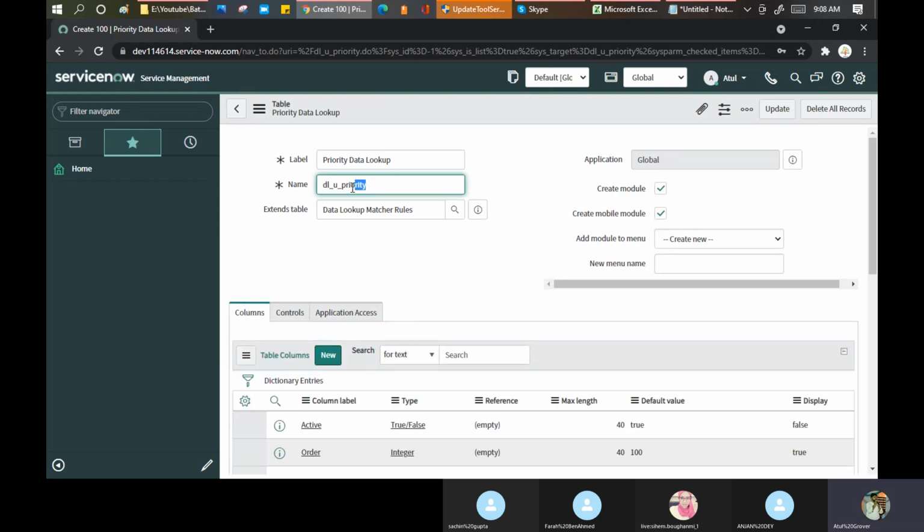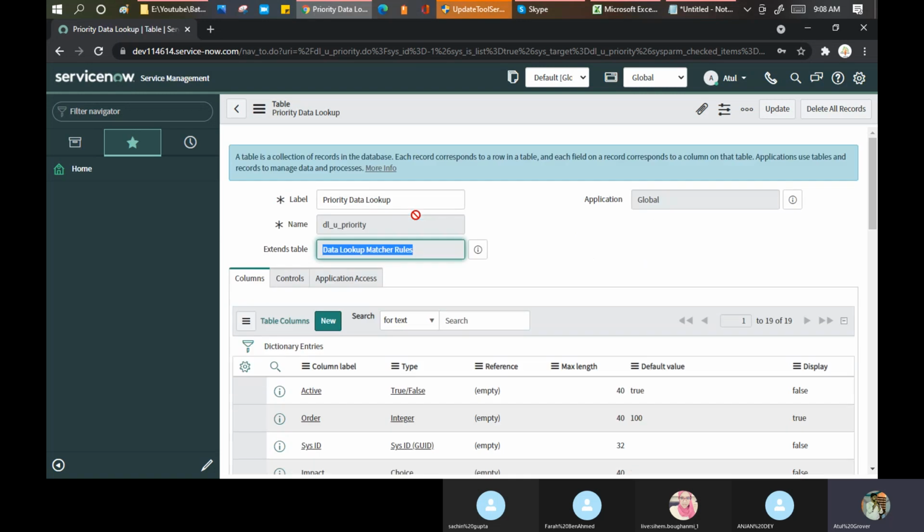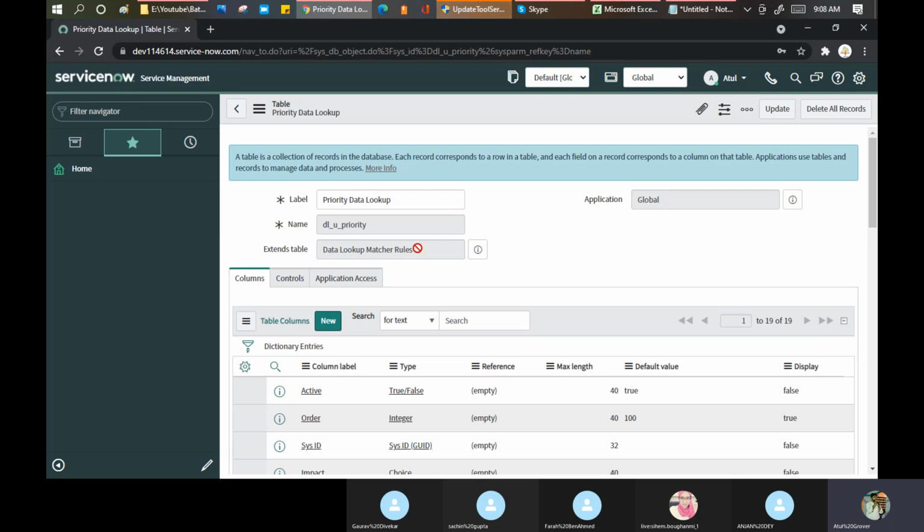This is my table name, DL underscore U underscore priority. This particular table extends the data lookup matcher rule. It is a ServiceNow out-of-the-box table. So this is the table which I am extending for my purpose. Now the question will come, Atul, can't we extend the task table?